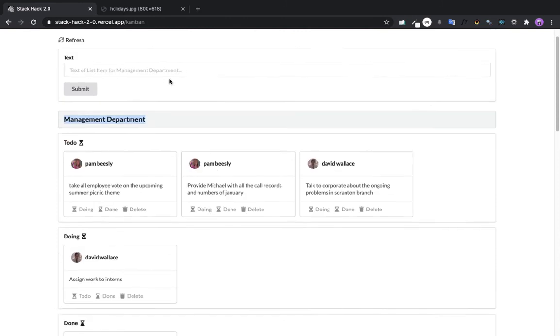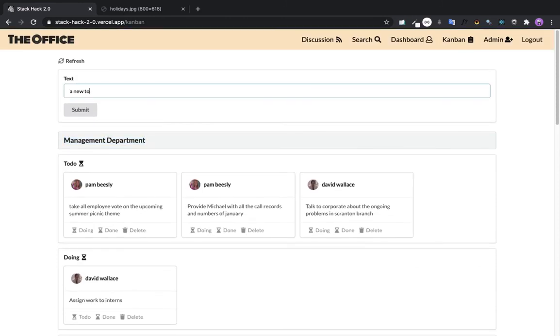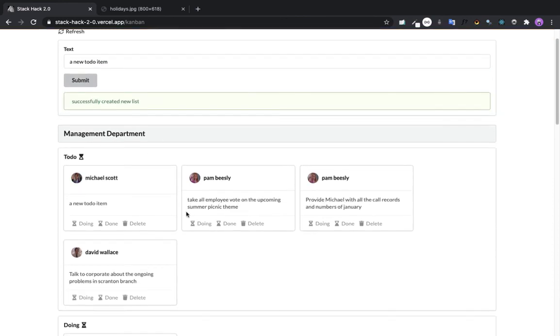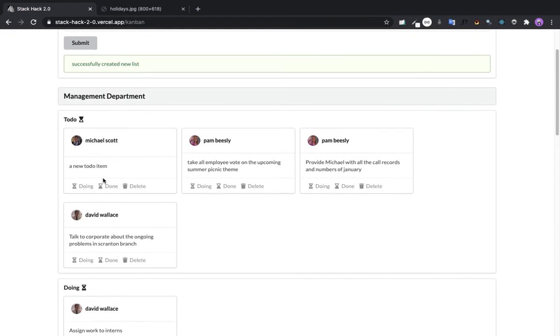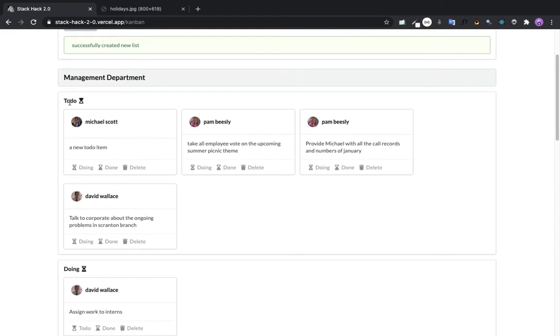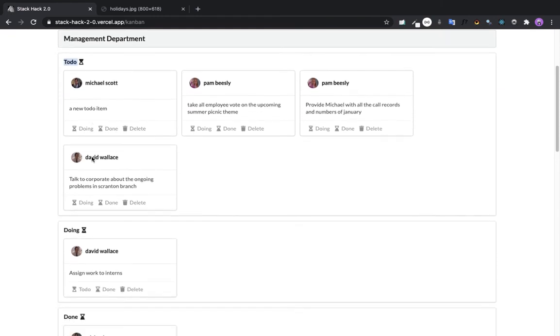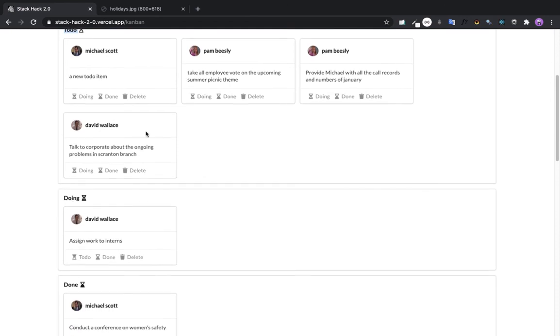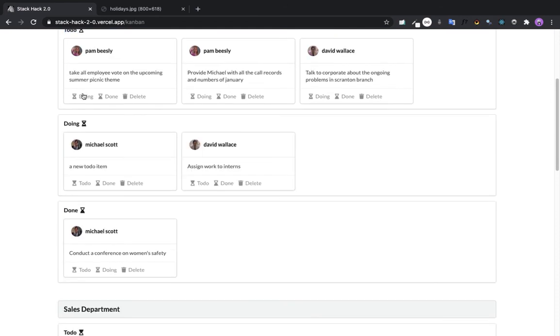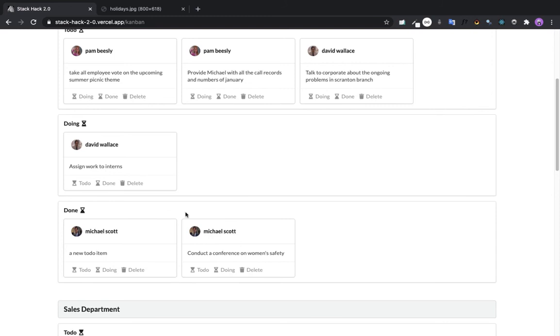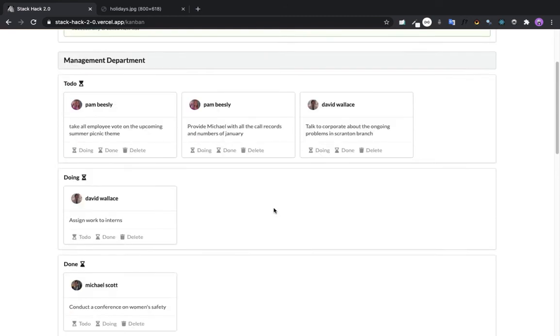So what they can do here is they can create a new to do item, and they can just add this here directly into the Kanban board. Once it's added, they can directly move it into 3 fields, that is to do, if the work is yet to be done. If they are doing it, they can just click on doing, and it will move directly here in real time. And then if it's done, they can move it to done, else they can move it back also. If they want to delete it, they can also delete it like this. So it's gone, and it's all happening in real time here.